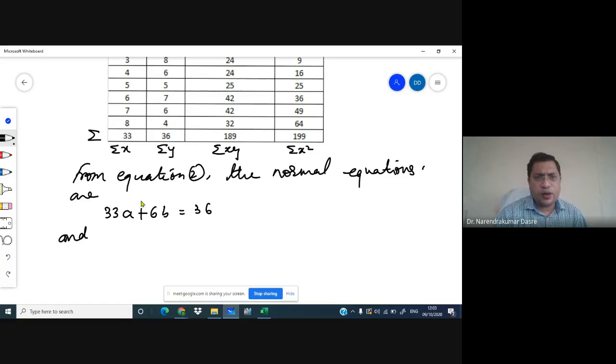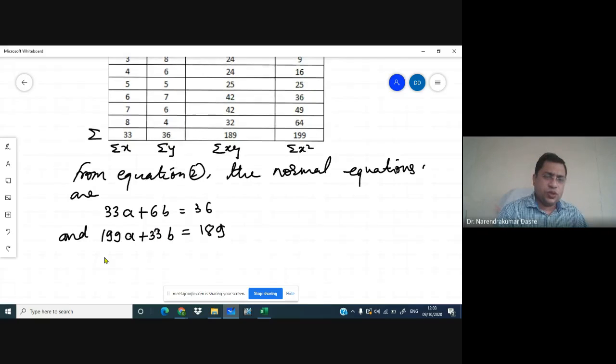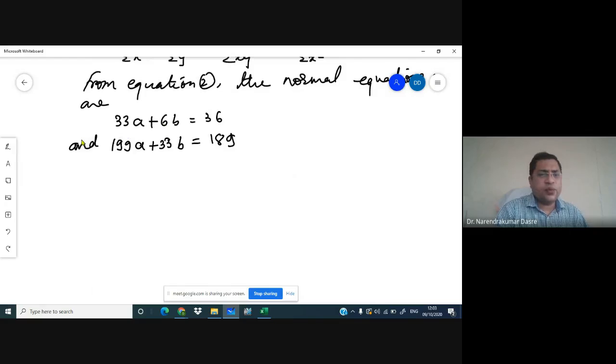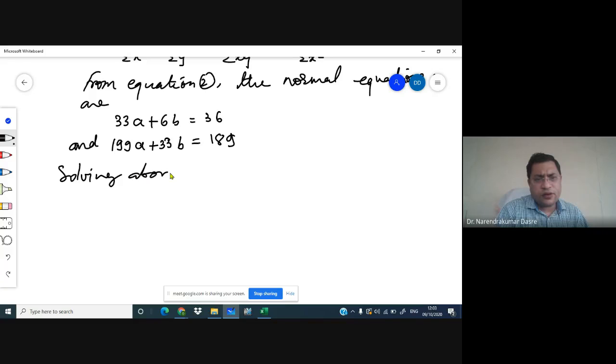Okay. And what we have next? A summation x square. So 199 times A plus 33 times B, and this is equal to 189. Okay. So once you are able to write the equation properly, definitely you are able to solve this. So we can write directly. Okay. Solving above